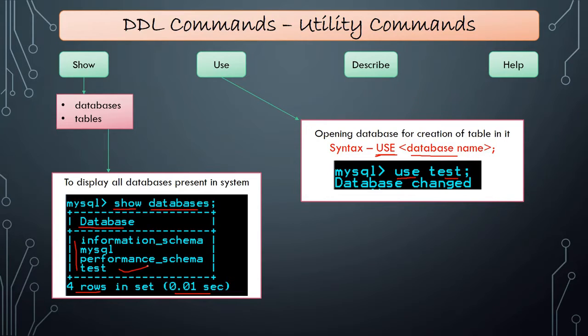So till now you have learned that for displaying all the databases present in the system, we use the command show databases. In this we are having many databases, that's why we are using databases, and we are not specifying any kind of database. So we have no need to write any database name or table. We just need to write show databases. After that, for making a database current or for opening a database, we use a command that is use.